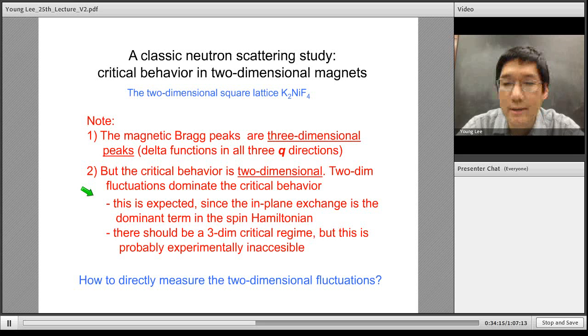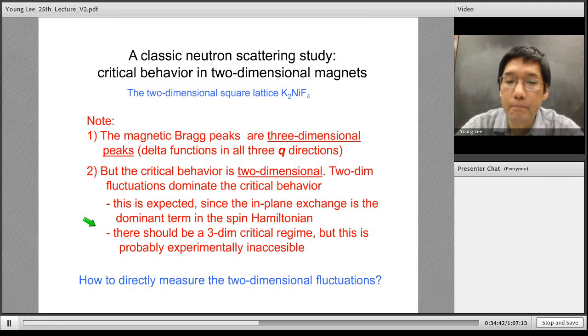If you looked at the Hamiltonian, we were claiming that this in-plane exchange is the dominant term in the spin Hamiltonian. It's a 2D interacting system with very weak coupling between planes. Now it is true that the weak coupling between planes is not 0 because it does order into a three-dimensional